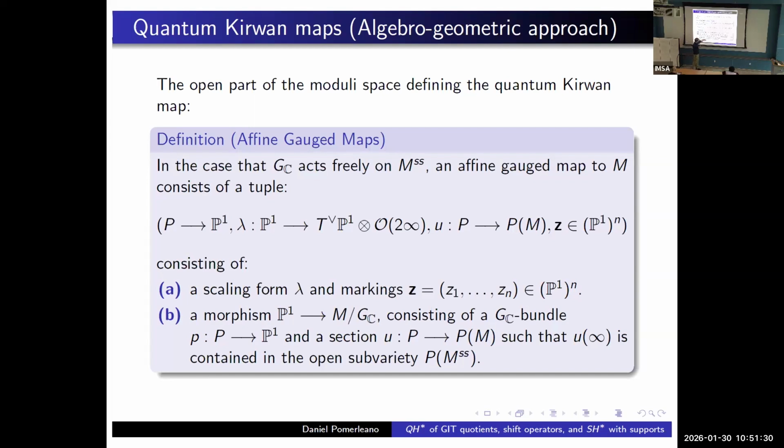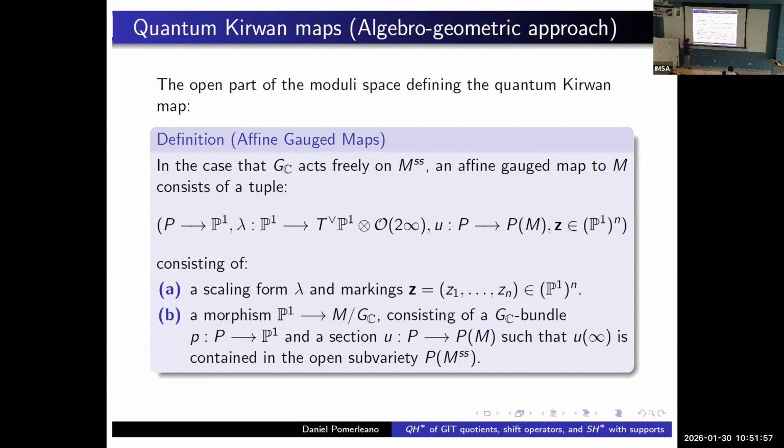So I'm looking at the complexified group. I'm going to assume that the group acts freely on the semi-stable locus, and the data will be a G bundle over P1, one of these scaling forms, and